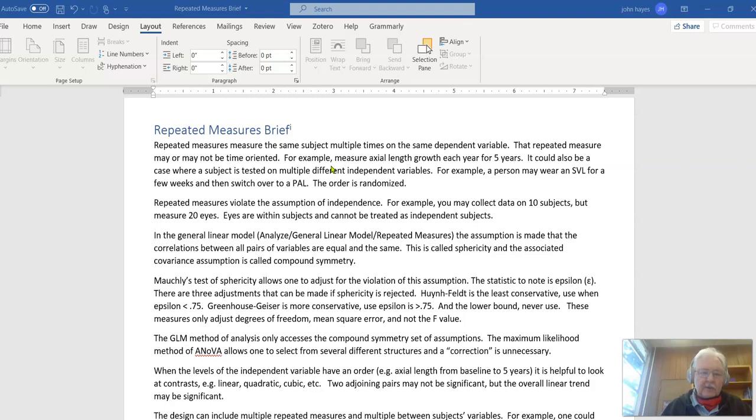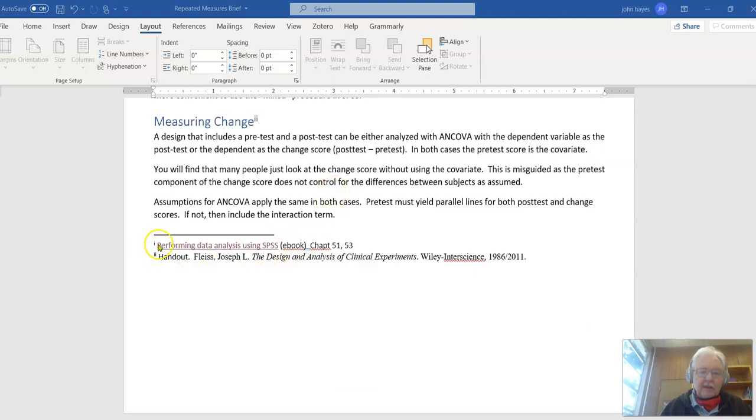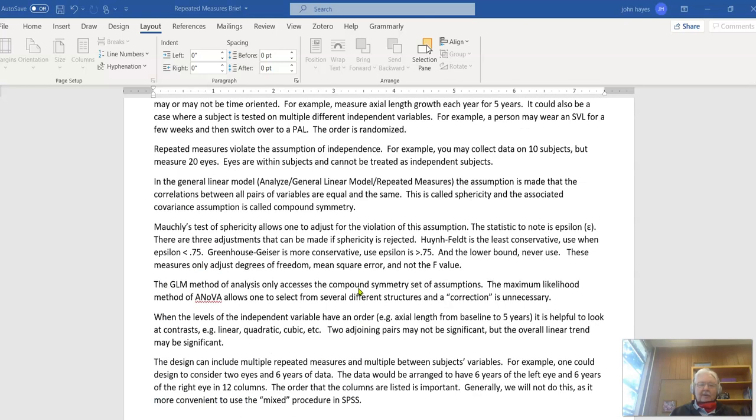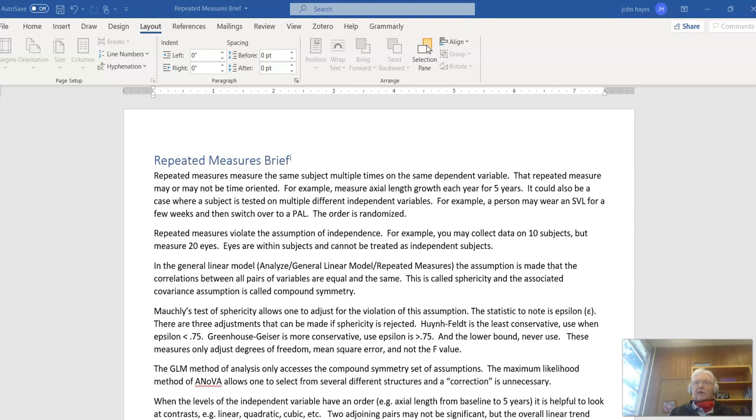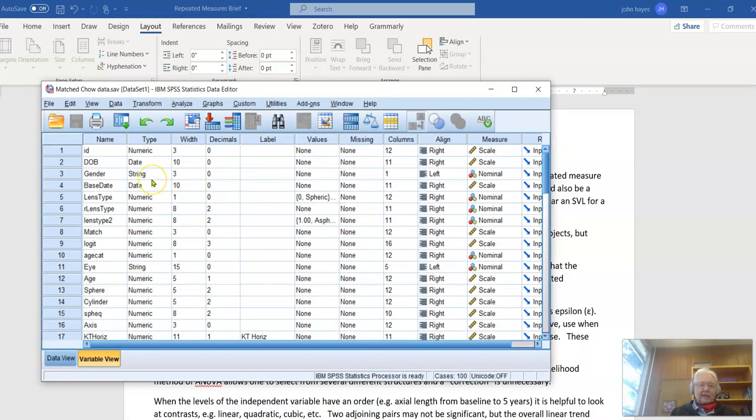I'm going to go through this fairly quickly because, as it turns out, there is a very good book, Performing Data Analysis Using SPSS. That's an e-book, and you will want to refer to chapters 51 and 53 for further discussion of this topic. All right, so the data set that we're going to use is our Ortho-K data set,